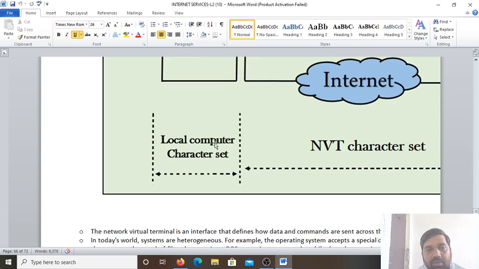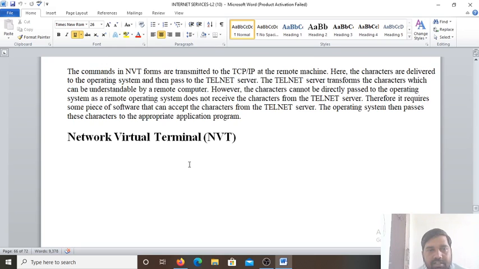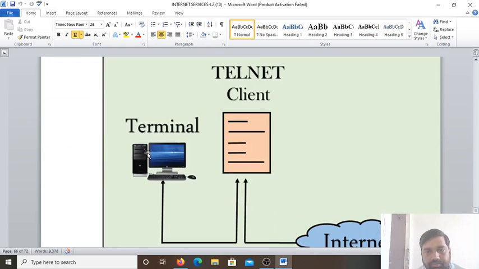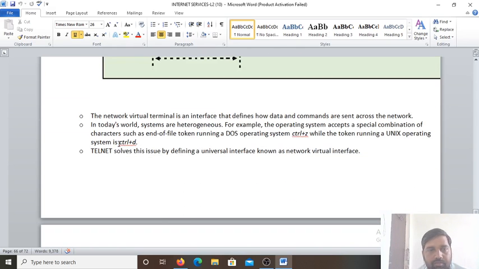The local computer character set goes to the NVT character set, that is not in your syllabus. That is the network virtual terminal. This network virtual terminal is an interface that defines how data and commands are sent across the networks. In today's world, systems are heterogeneous.